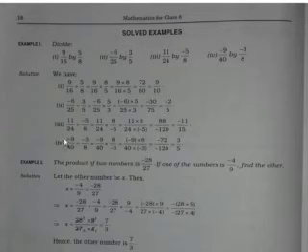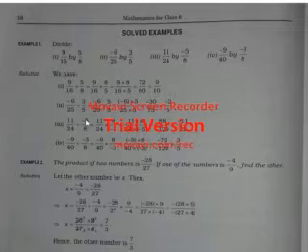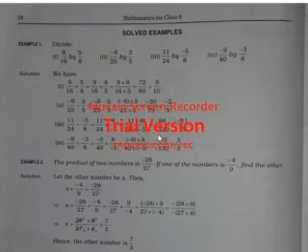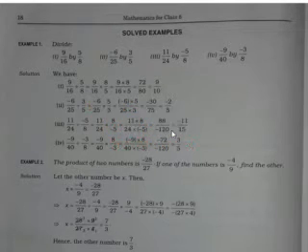Now if you see question number 3, it is 11 by 24 divided by minus 5 by 8. When this divide changes into multiply, what happens? This denominator 8 becomes the numerator, and this numerator minus 5 becomes the denominator. Now numerators are multiplied, and denominators are multiplied. So it becomes 11 into 8, that is 88, and 24 into minus 5, that becomes minus 120. You can see here also it can be reduced. 8 3 is 24, and even after multiplying it can be reduced. Of course, with 8 only. You can see 8 into 11 is 88, and 15 into 8 is 120.